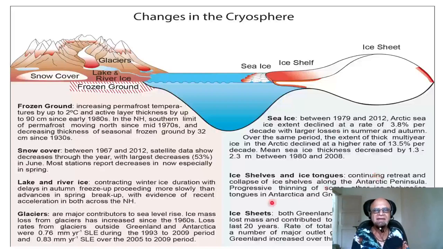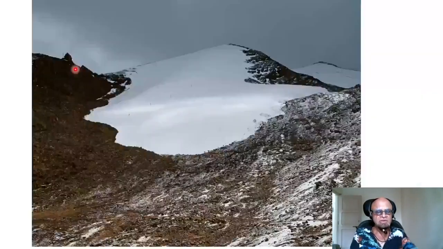So it's all bad news, of course, and you have to remember it takes a long time to build these glaciers. Sea ice may freeze over years and may recover, but glaciers take tens of thousands of years to build, and if you melt it away, it's not going to build back so quickly. So you have to think about what will happen as you grow older. Will the glaciers still be there? What will happen to the polar bears that are on the glaciers, and so on and so forth?